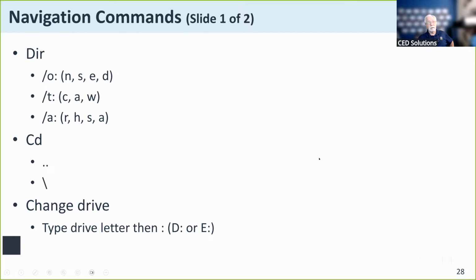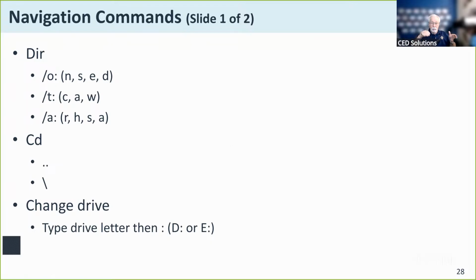Here are just a smattering of some of your commands. The directory command allows me to list files, folders, and subfolders on my disk drive. If I want to change to a different directory, I can use the change directory command and combinations of period and slash. Say I'm four or five different directories deep.